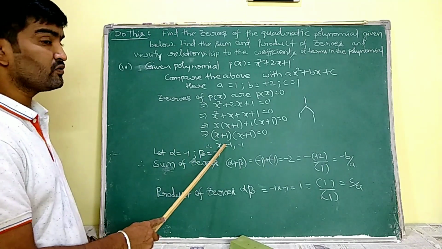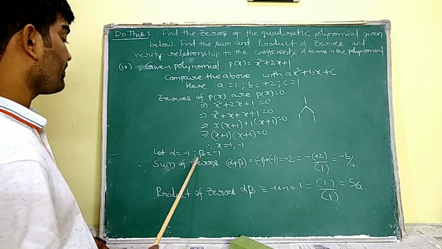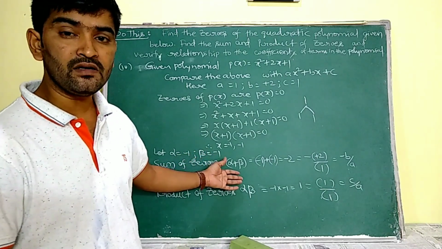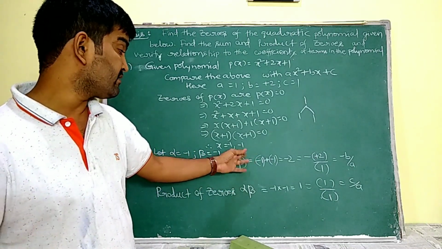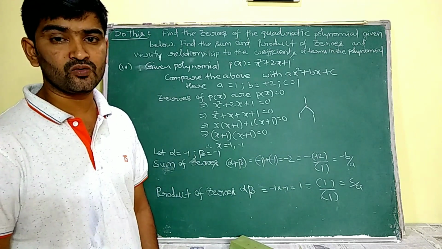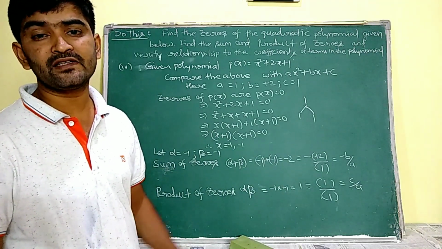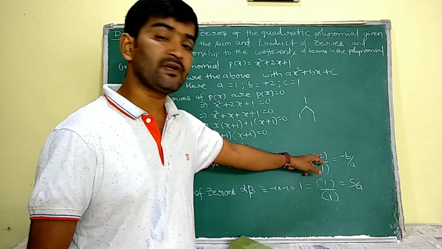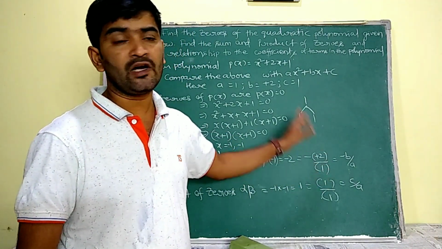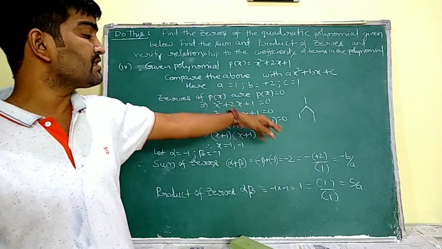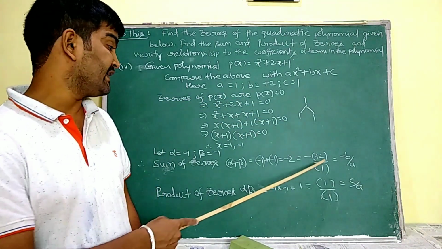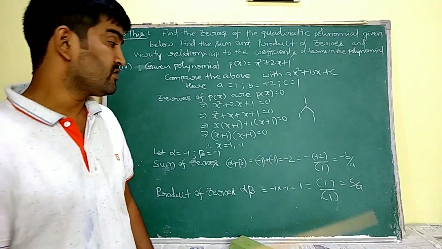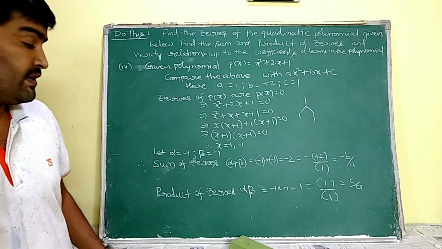So let one of these two values be alpha and the other one be beta. Now the sum of the zeros, alpha plus beta, that is minus 1 plus minus 1, that is equal to minus 2. Okay, now we have to verify whether this minus 2 is equivalent to minus b by a or not. So we just keep the empty brackets for minus b by a and fill those b and a values in that, and then verify it. See, is this minus 2 equivalent to minus 2 by 1 or not? Yes. So verified, that we have to write minus b by a.